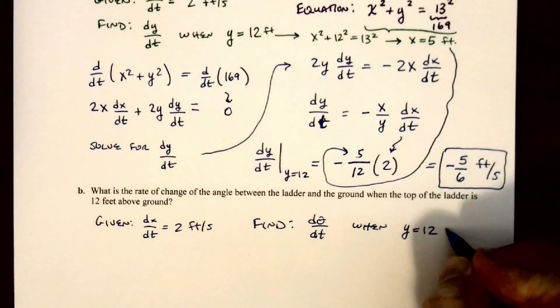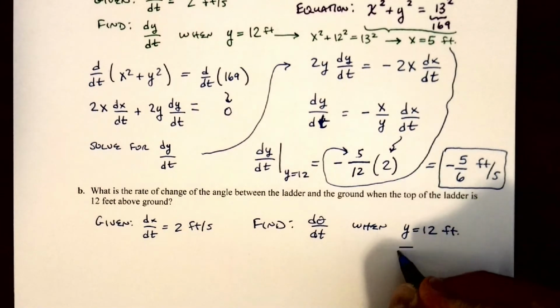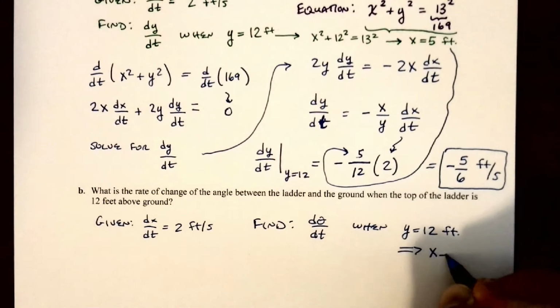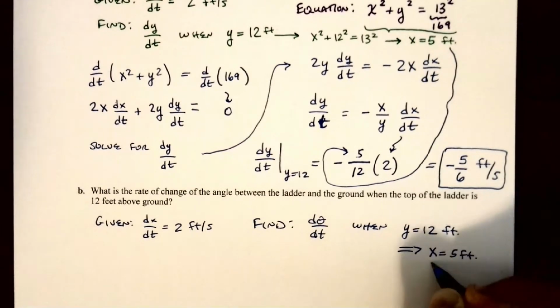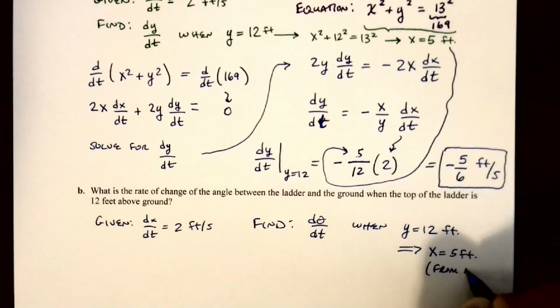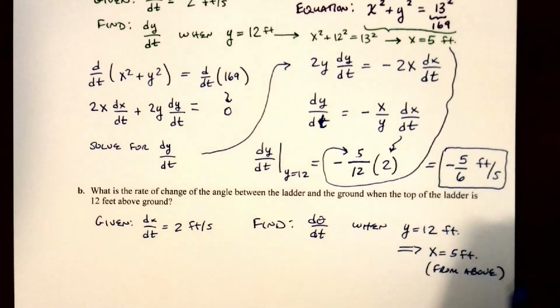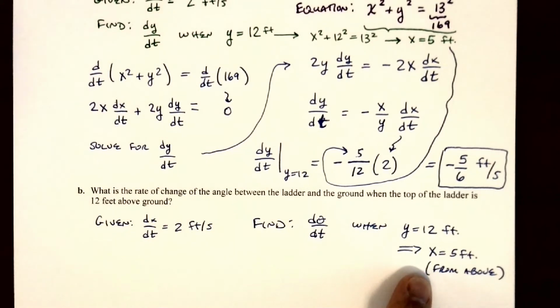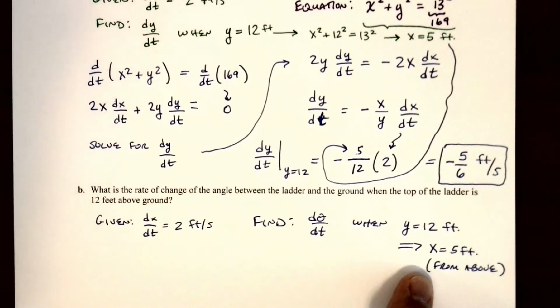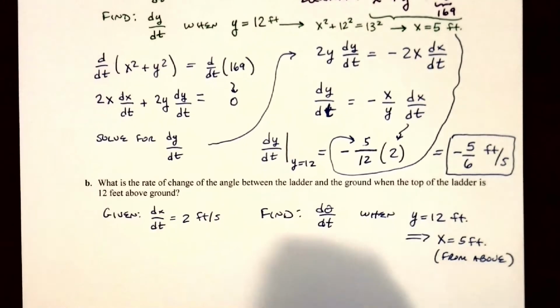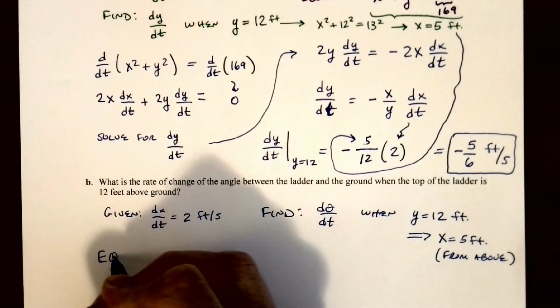Of course, we know when y is 12 feet, we also know that x is 5 feet, right? At that instant. Of course, we're not going to plug these values in until we get the related rates equation. And so the equation I'm going to use,